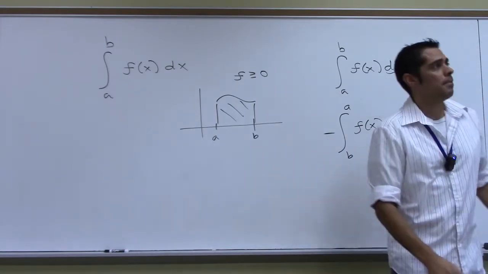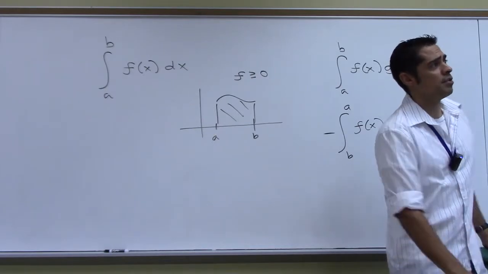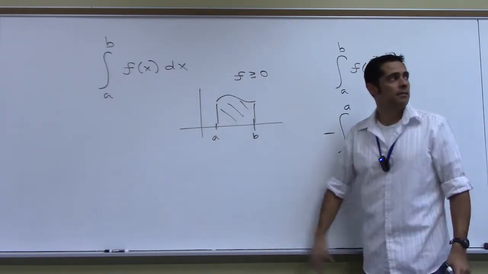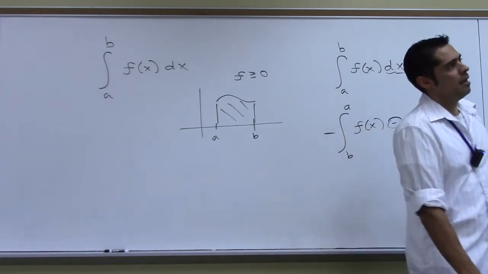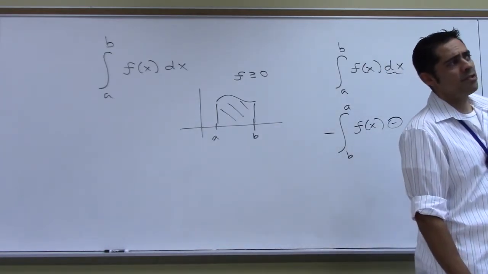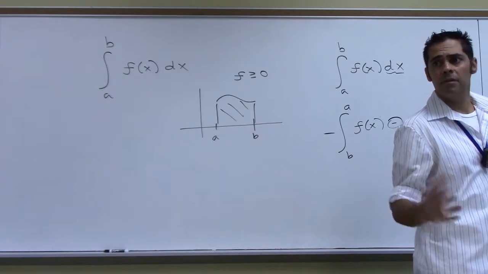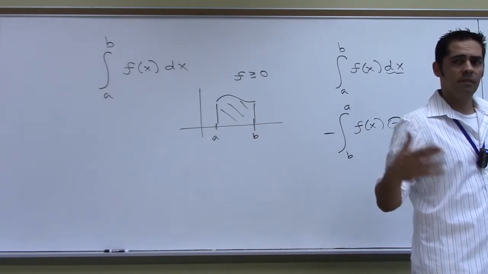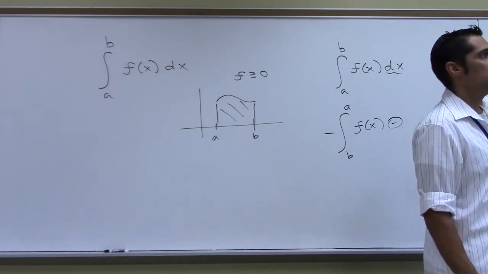So that's what the next property says. Property 6 says if your function's always below the x-axis, then your answer is going to be a negative answer. Any questions on these properties? I'm moving through them kind of quick, but are there any questions on them? Does it all make sense, like logically make sense to you? All right. Property 7